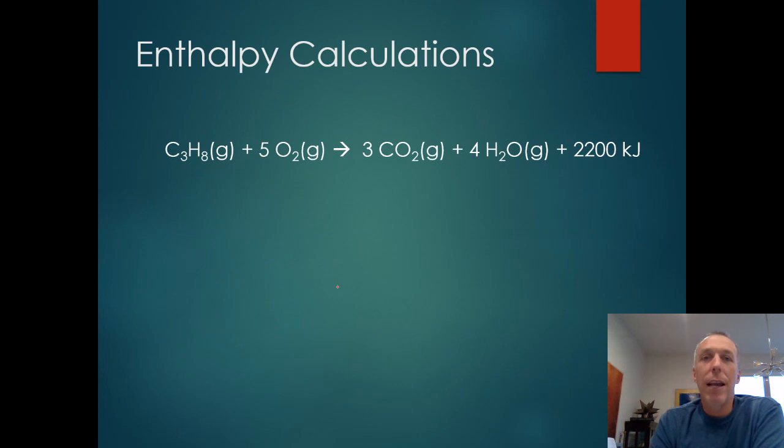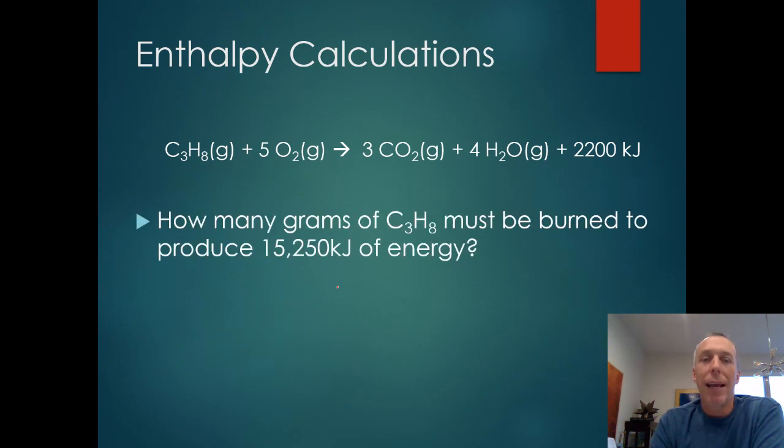Okay, let's do one last problem. Here's our grams. I told you grams could be produced. So how many grams of propane must be burned to produce 15,250 kilojoules of energy? So again, we start with what we're given, 15,250 kilojoules. 2,200 kilojoules is 1 mole of propane. And 1 mole of propane,